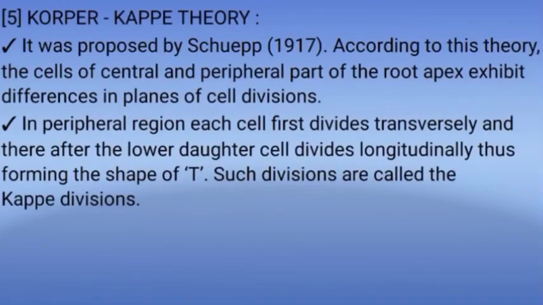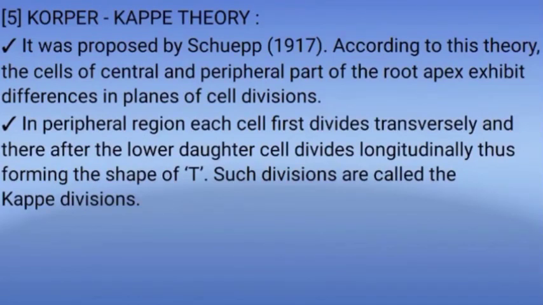Korper-Kappe theory. It was proposed by Schüepp in the year 1917. According to this theory, the cells of the central and peripheral parts of the root apex exhibit differences in planes of divisions. In the peripheral region, each cell first divides transversely and thereafter the lower daughter cell divides longitudinally, thus forming the shape